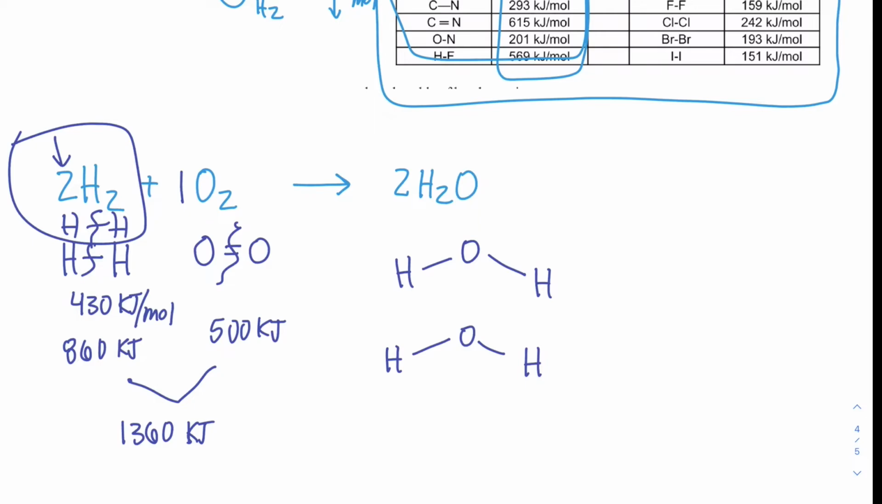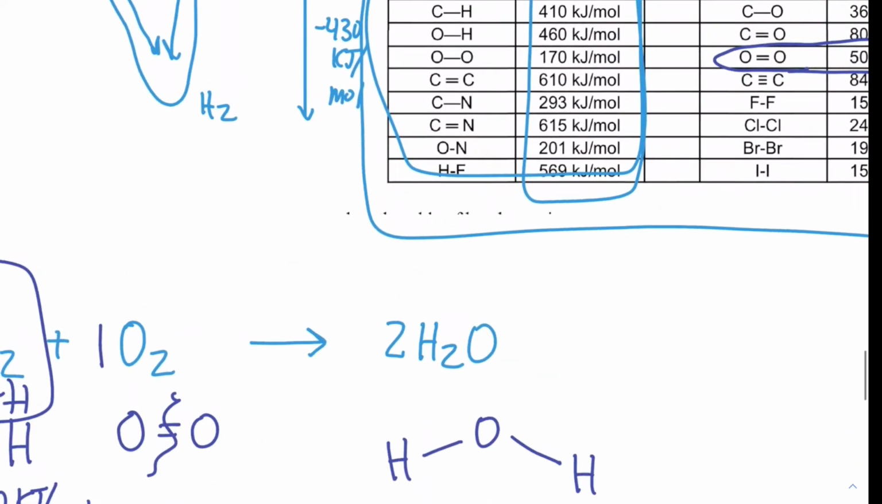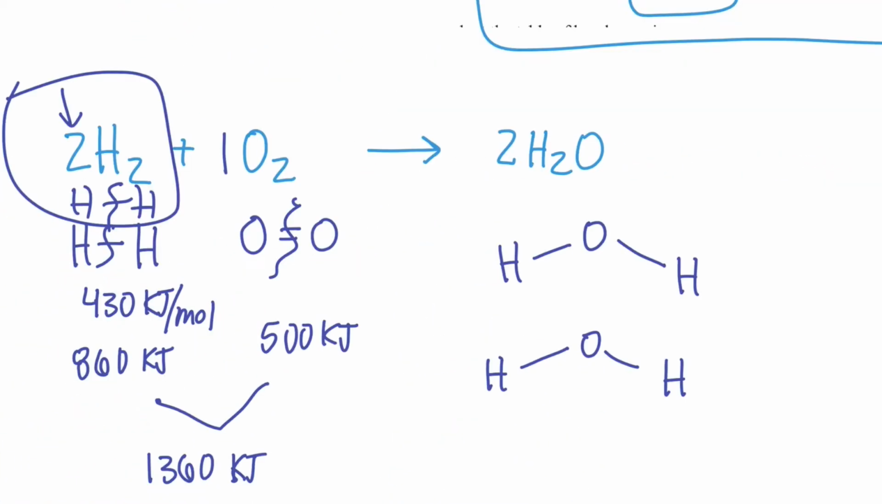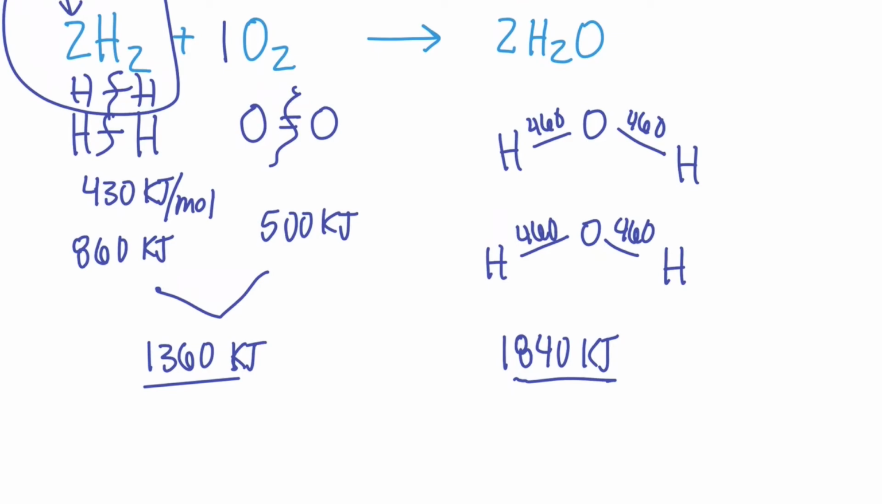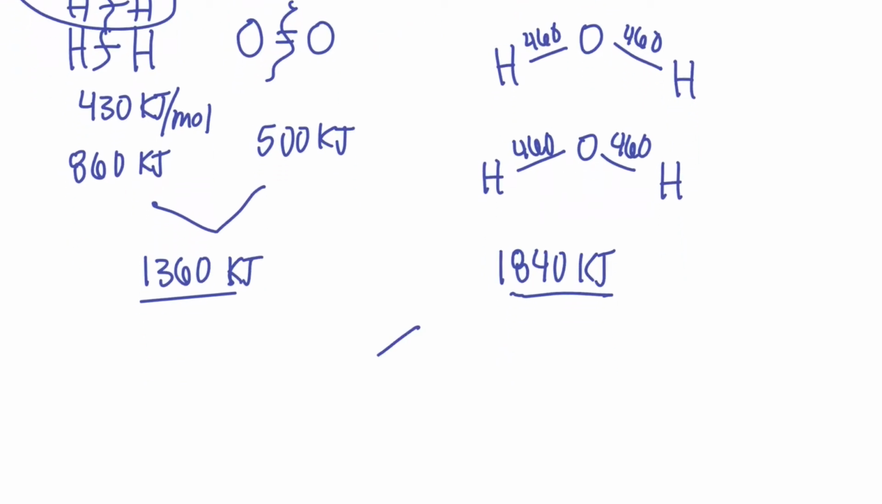And then we look at each bond separately. Each water molecule has an OH bond, and that's 460 kilojoules. So this one's 460, and this one's 460, and this one's 460, and this one's 460. And if we add all of those 460s up together, we get 1,840 kilojoules produced. You should see here that the amount of energy we're producing is more than the amount of energy that is needed to break all of the bonds. So overall, this reaction produces energy, and it produces 480 kilojoules per mole